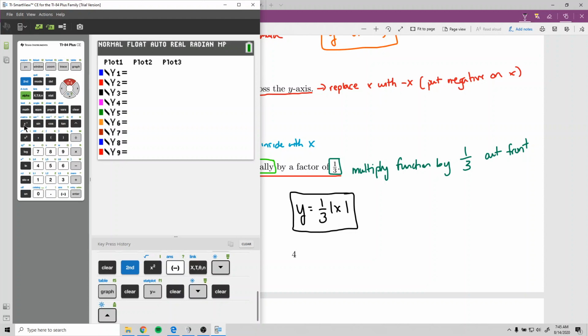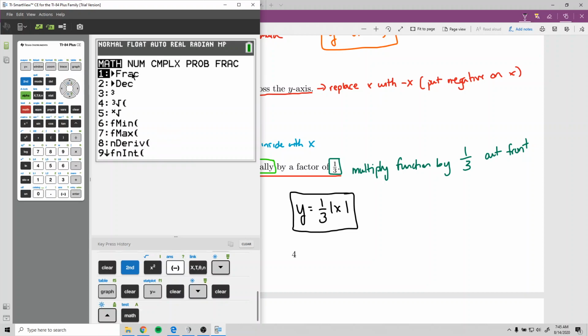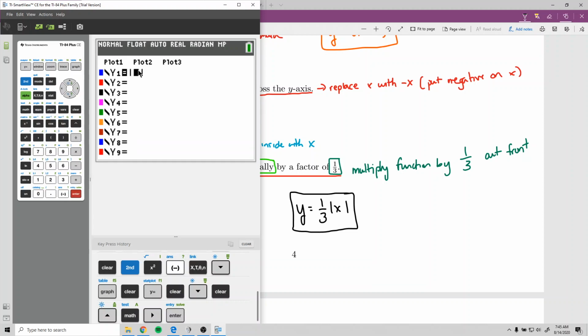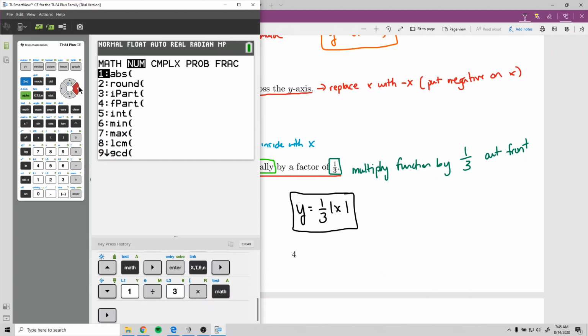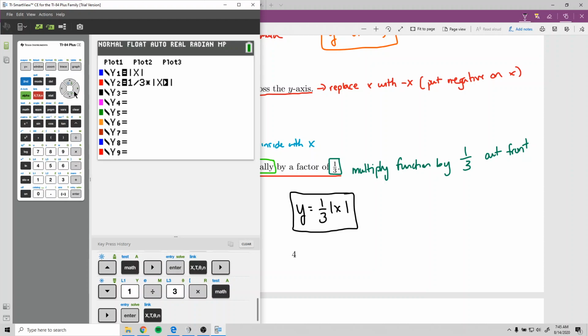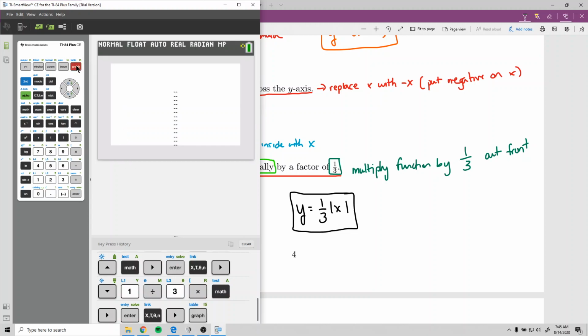Now, for the calculator, if you want to find the absolute value, you go to Math, go over to the NUM category, and then ABS is for absolute value. So this one actually makes the bars, but other calculators will just have ABS and put x inside the parentheses or the bars. All right, so that's the original, and then the one in front, we have 1/3 times the absolute value of x. Now this will put the x in the numerator because there's no parentheses. And if we graph this,